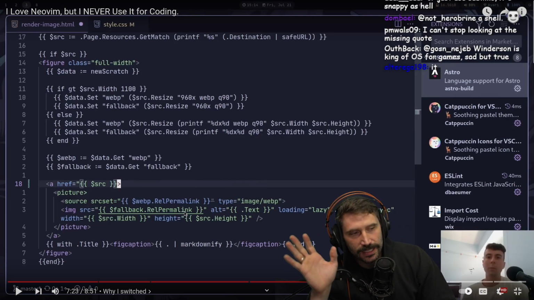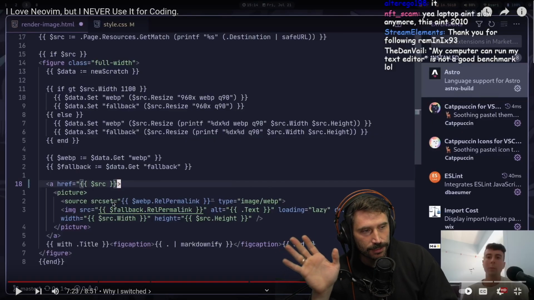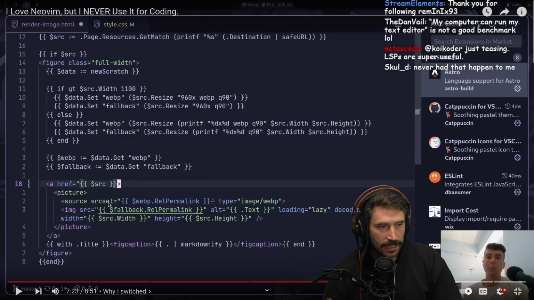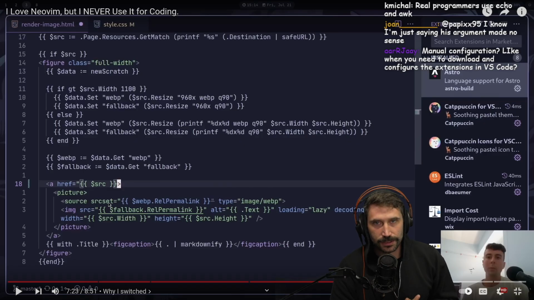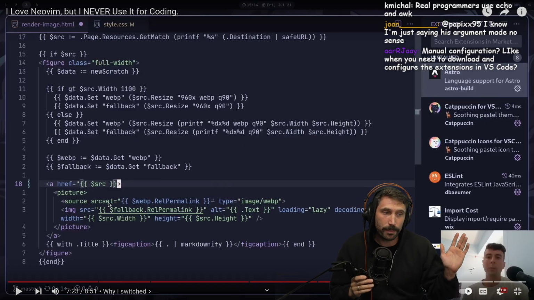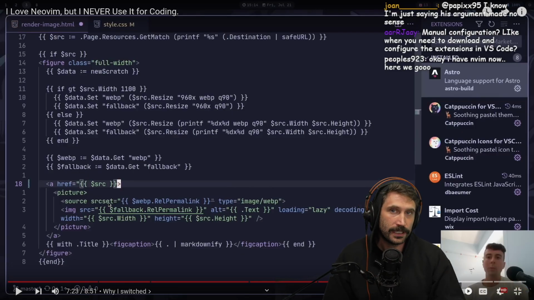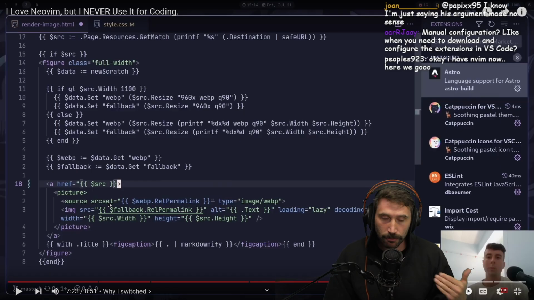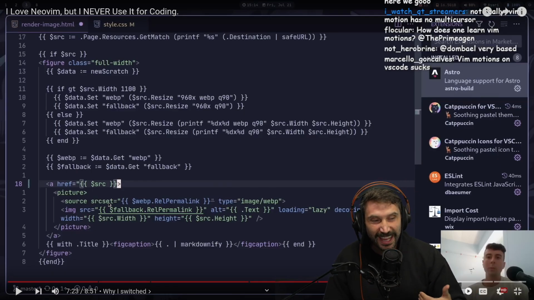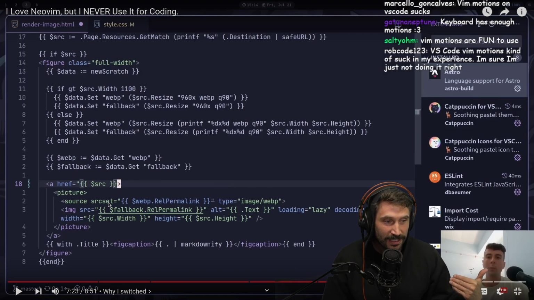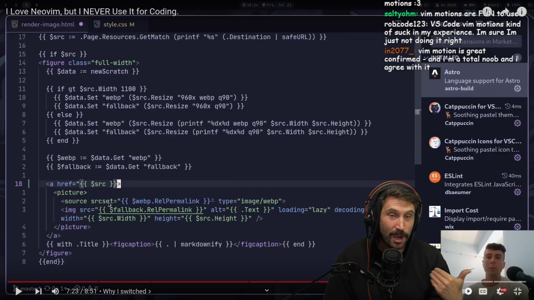So one thing I do want to say is that Vim motions are the most important thing you can do, right? If you could learn Vim motions out of anything, use Vim motions, right? That's the thing that will give you the most bang for your buck. Learning to edit your code effectively, learning to type, learning to be one with your tool, that's going to make more difference in your day-to-day life than almost anything else, right? That's why it's not my first suggestion. When people say, what should I start with? I say, start with Vim motions.